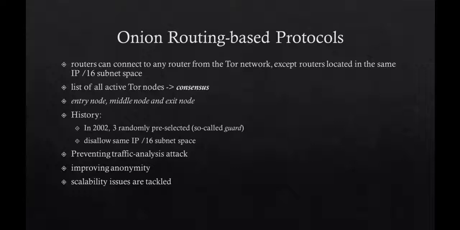Traffic analysis attack, which aims at decreasing the anonymity, was prevented by increasing the communication latency. For improving the anonymity, better weighting at the node selection is used. Scalability issue is tackled by giving the user only the information about the necessary nodes for path construction and hiding the complete view of the system.